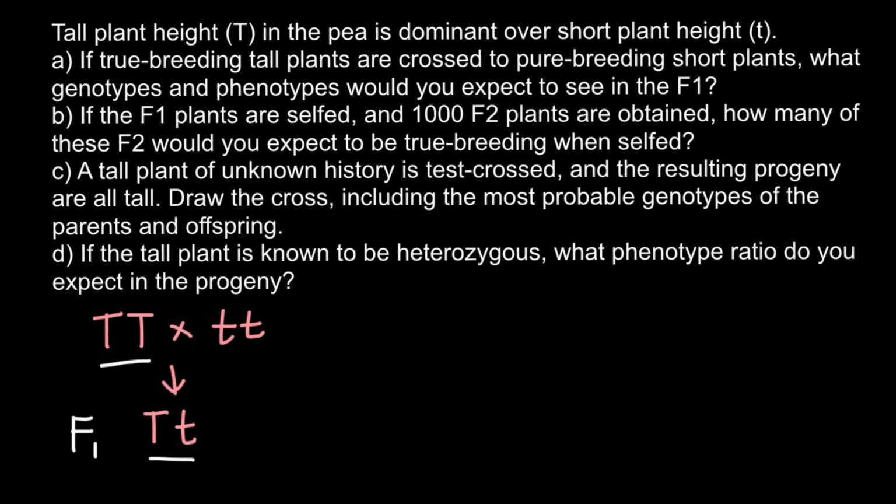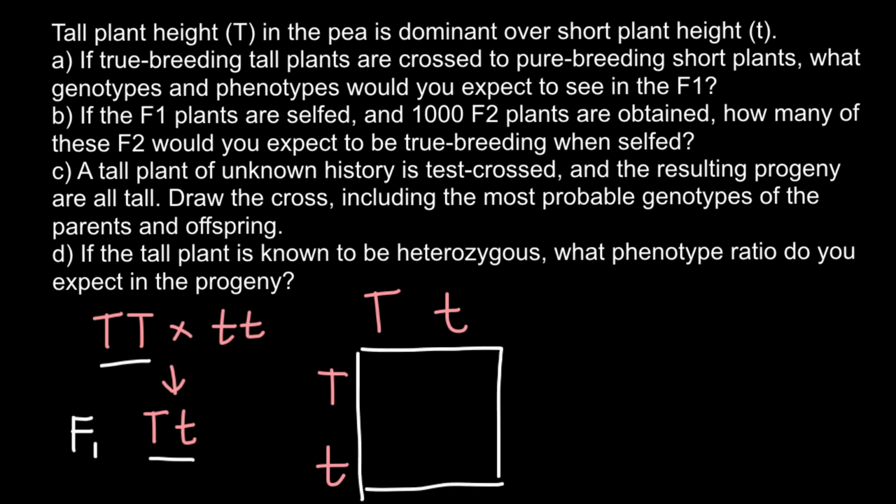Basically we have to take plants of the F1 generation, and 100% of the plants are going to be heterozygous, so the genotype would be capital T small t. And if we cross these plants, parent 1 on the top and parent 2 on the side,